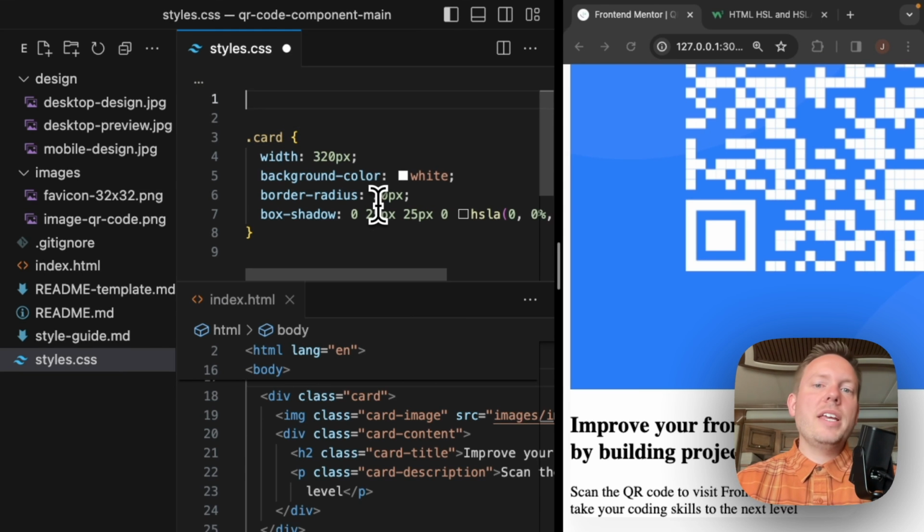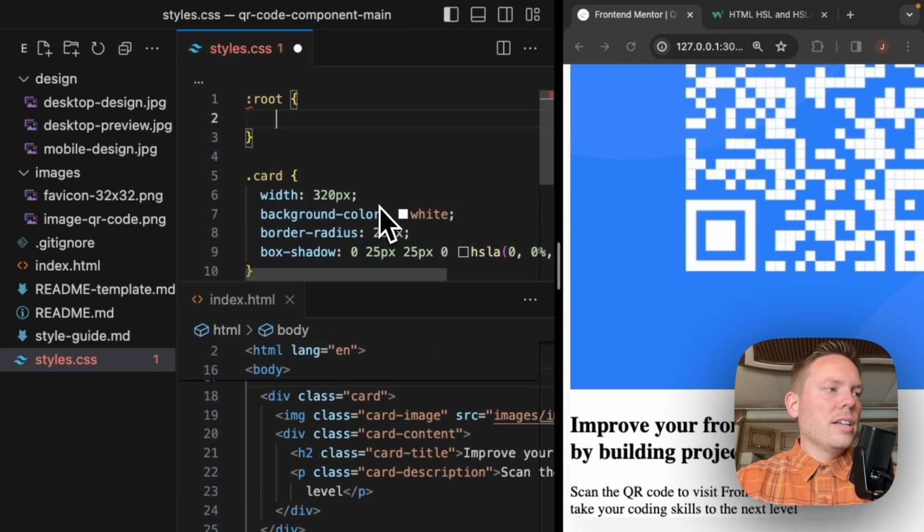Now, normally with a CSS custom property, I like to put it in the root selector. The root selector is a CSS selector that basically means target the root of whatever the document is. If it's an SVG, it's going to target the root of the SVG element, or if it's HTML, in this case, it's going to target the root of that. And that's going to basically add a global custom property to our CSS that we can use anywhere else or